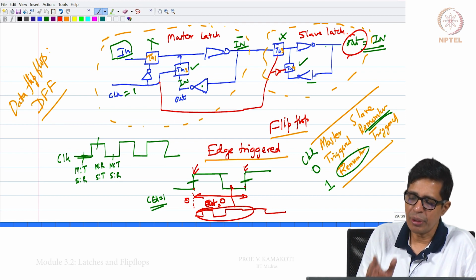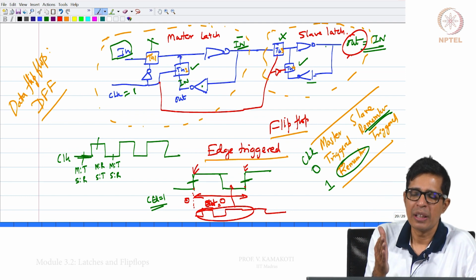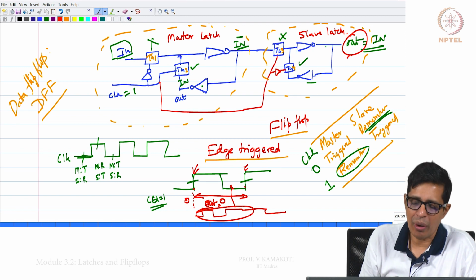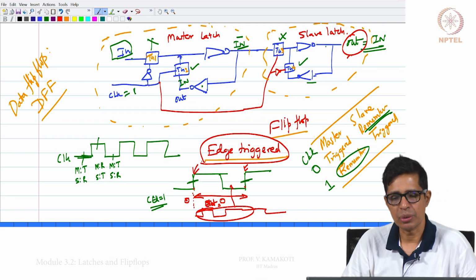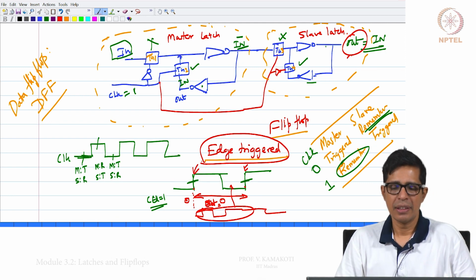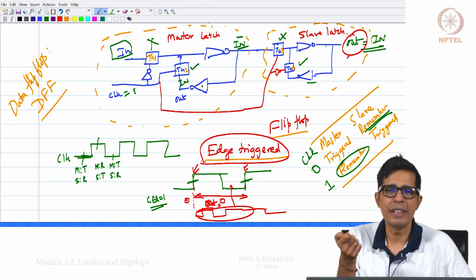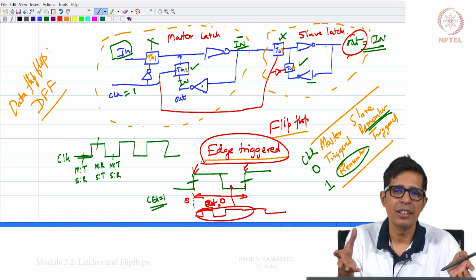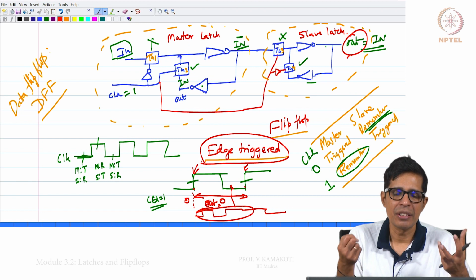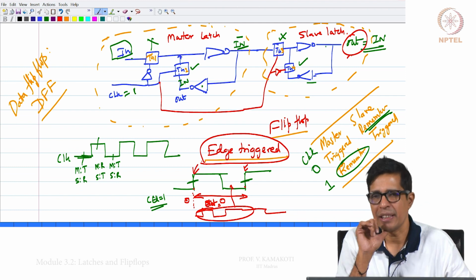Note that the output of the flip flop changes based on the value of the input at the positive edge of the clock. So, this flip flop is called an edge triggered storage element, right. This has the capability of remembering the value between two positive edges. And this is basically constructed using two latches, one is a master latch and the other a slave latch, wherein a latch is a level triggered element, which we explained earlier.